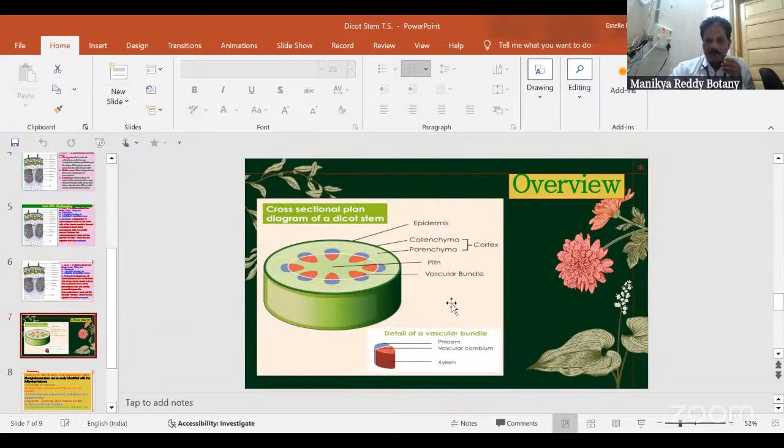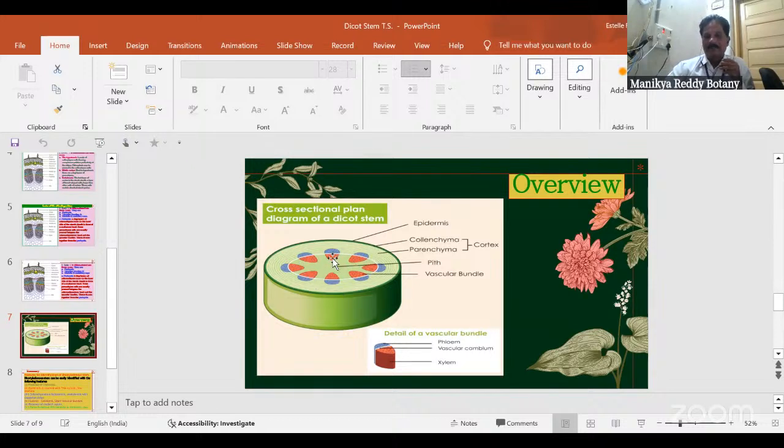Let us see the overview. This is the cross section. Under the compound microscope, you can see such a structure. This is epidermis. This is cortex. Cortex is collenchyma, parenchyma, and endodermis. And the central circular column is called stele. You can find there is a limited number of